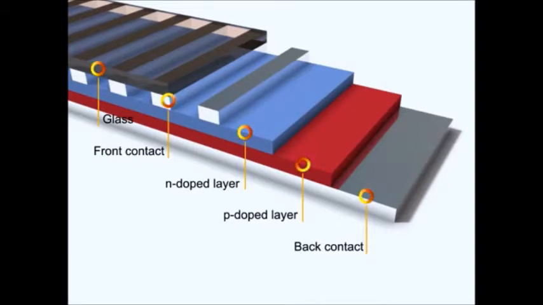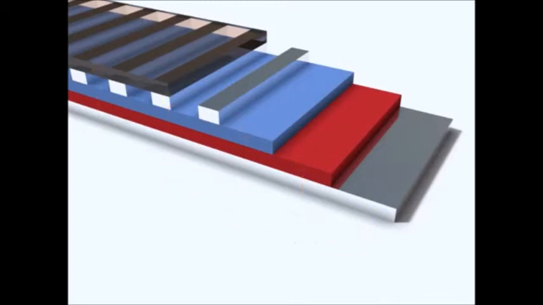Now it's time to take a closer look at the area between both layers. In the N-doped semiconductor, there is an excess of electrons. In the P-doped semiconductor, we observe positively charged electron holes. The electrons in one layer will find their corresponding free holes in the other layer. Consequently, an internal electrical field builds up at this transition that does not permit electrons and holes to jump into